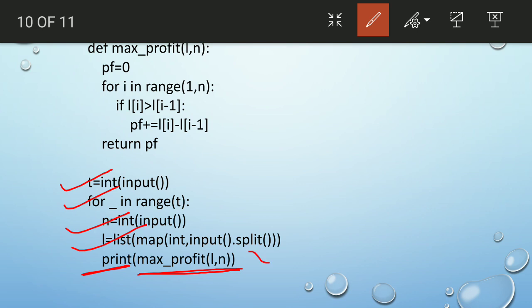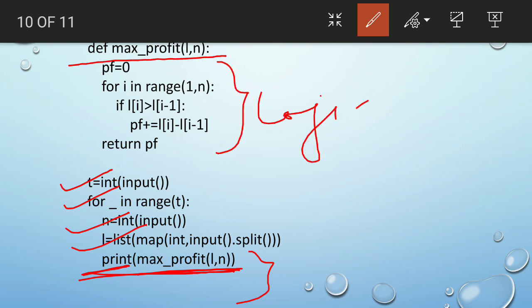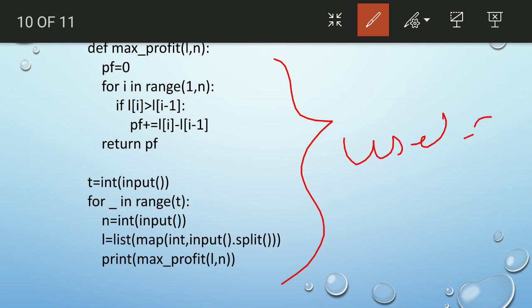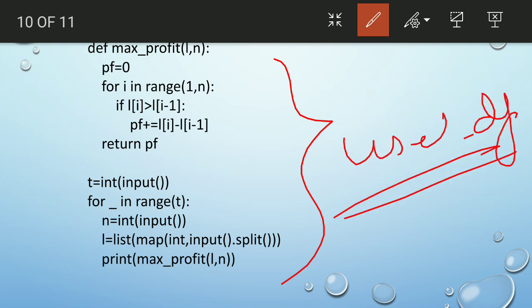Instead of writing the code here directly, we are taking one function and defining that function and then writing our logic of the program that we had written there. Same thing we will write it here. Instead of printing the profit here, we are returning the profit and printing it outside. That's it. So this is the way you can convert it into a user defined function. Just define it here as a function, write your logic here, and instead of printing, we write a return.